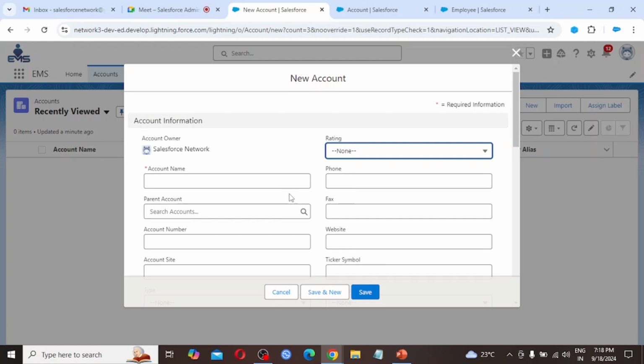So think about it, we are using this account standard object in our project, and in the project there is a demand to store the amount information of that particular account. So in that case we can create our own field to store the information.